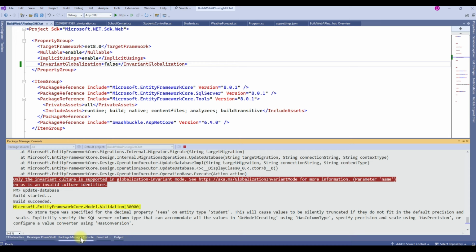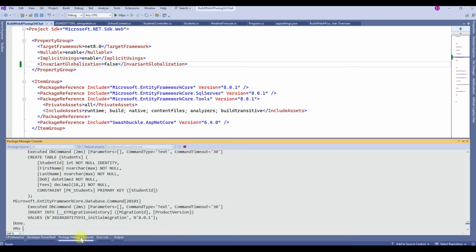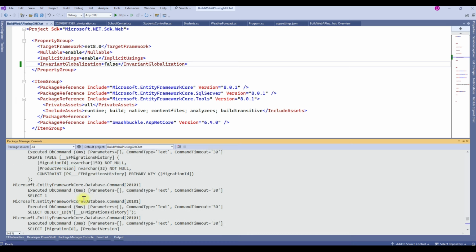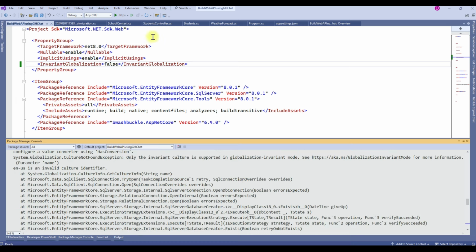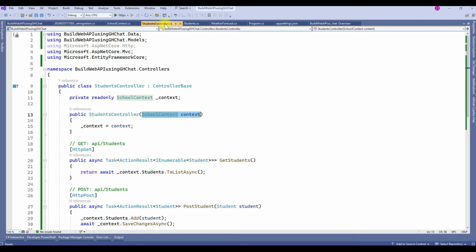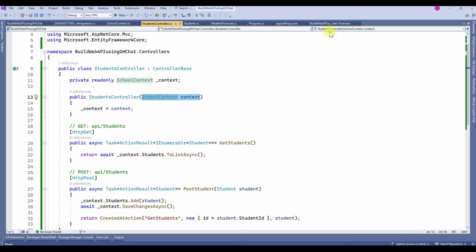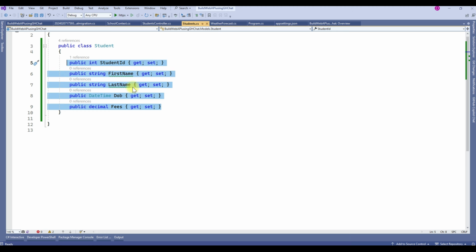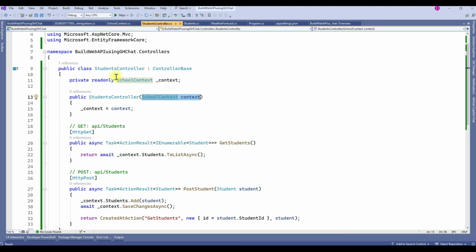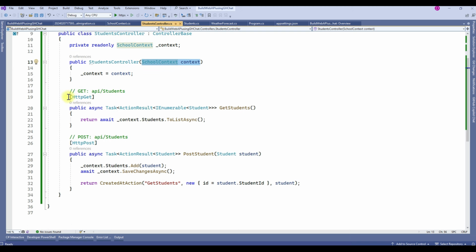So now it will generate the database table successfully. Now the database is created successfully. So I'm just repeating the steps we have done until now. We have created a model class called student. Using this model class, I generated a controller class which contains two methods. One is HTTP get to get the student records, and HTTP post to save or post the data into